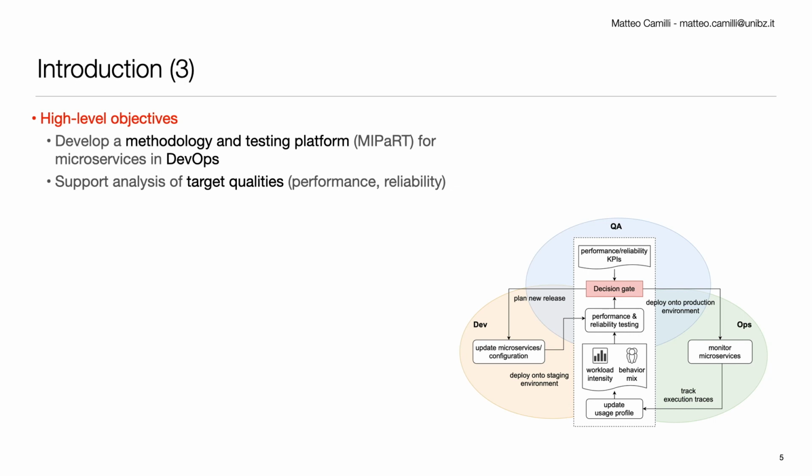and their existing relations. What is peculiar of microservices in this context is that microservices push a lot the adoption of DevOps practices. In this context, there are fast changes in very short cycles. So there's the need for disciplined and systematic methods to understand and represent the operating conditions, and also methods able to understand the effect of changes of the operating conditions on the target quality attributes.